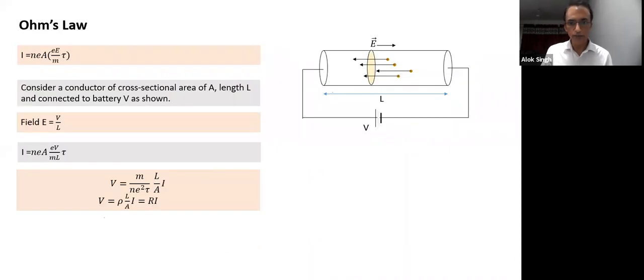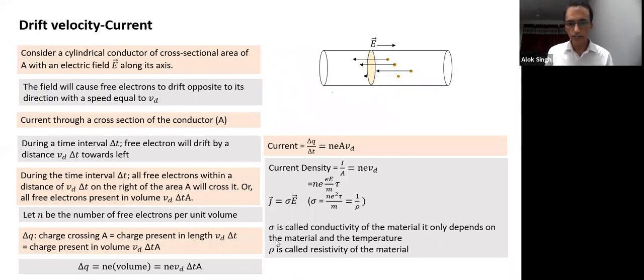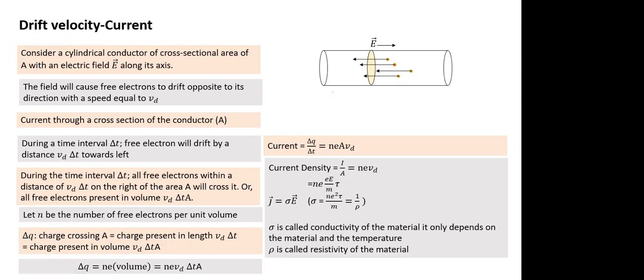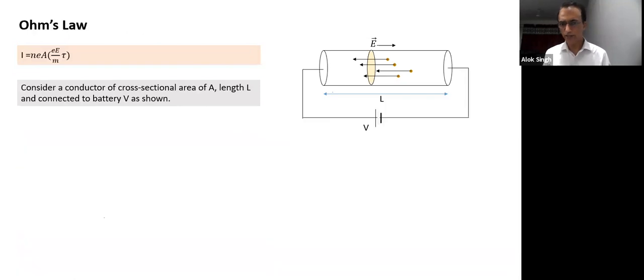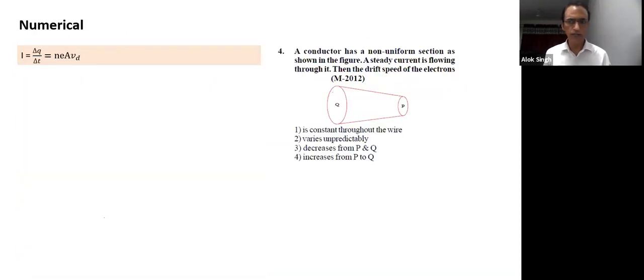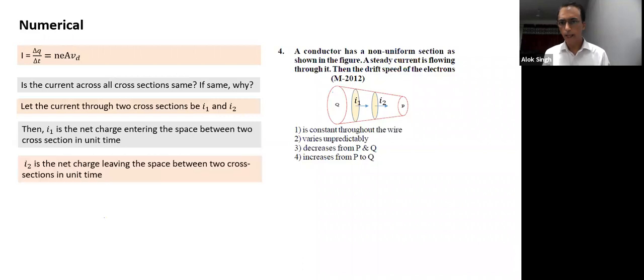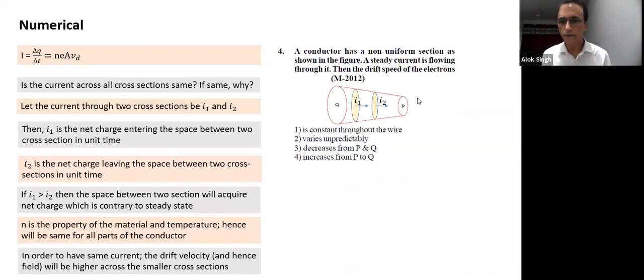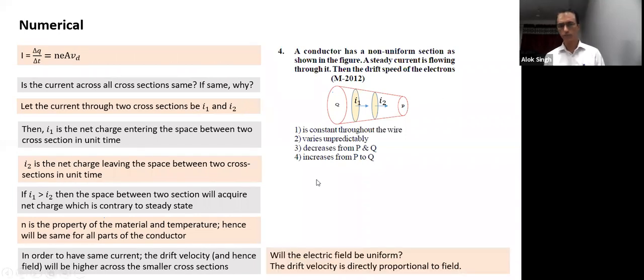See, in the previous slide we arrived at a relationship between these terms. What is current density related to? Akash, what does this equation tell you? Field and current density are linearly related. So does it make sense? Do all of them link up? I think they link up properly. See here, if the area becomes half and the same current has to flow, current density has to become double. If current density becomes double, E also has to become double. So it all makes logical sense. These are pretty logical and easy points, not difficult to understand.